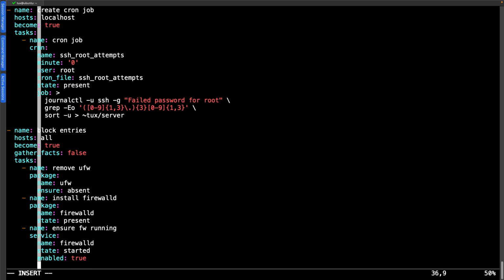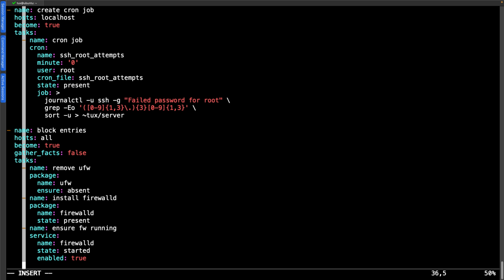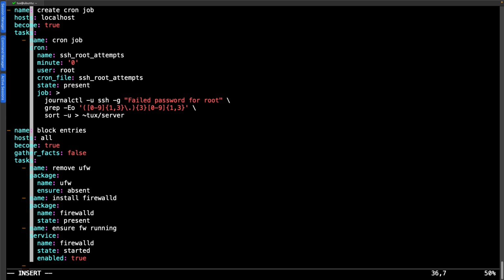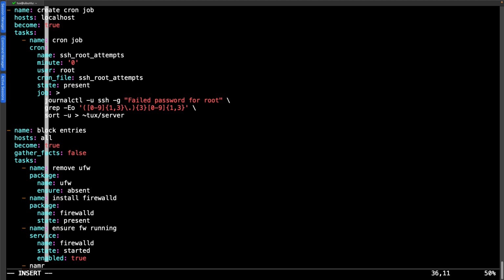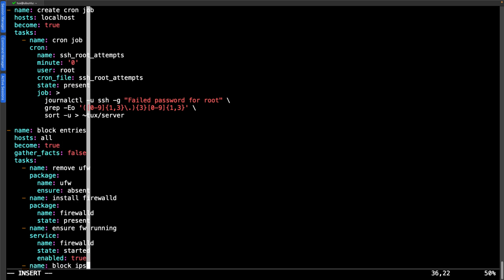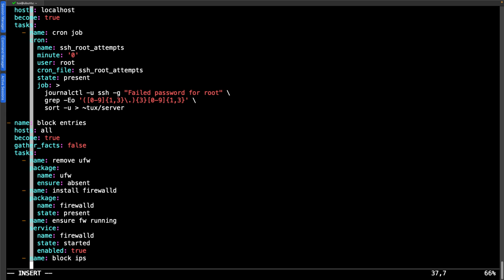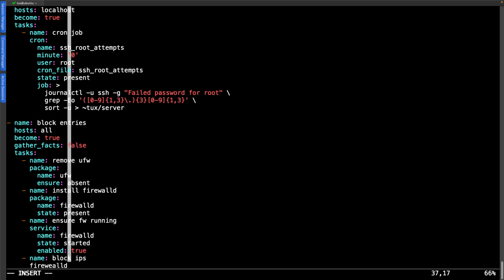Firewalld automatically allows access to SSH, so we don't need to be concerned about adding in SSH access. So we can go through then and now look at blocking our IPs. So a new task. This is going to be using the firewalld Ansible module. So firewalld.